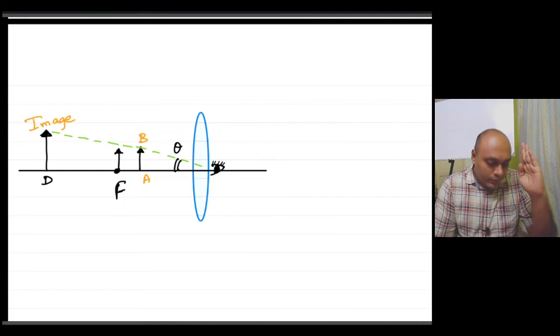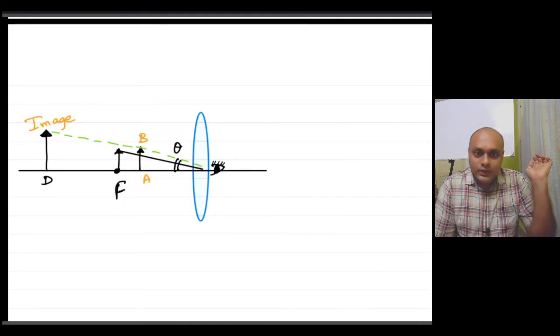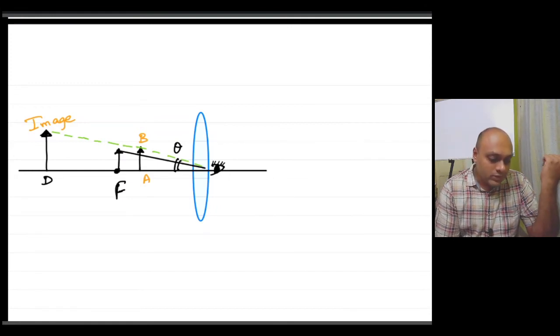Now for that case the angle will be lesser. You see this angle subtended by the object at the eye, that will be lesser in comparison to the case now where the object is at AB. You will have a greater angle in this particular case. So now you will have a better magnification in comparison to the previous case. In this case, how we will define the magnification is,